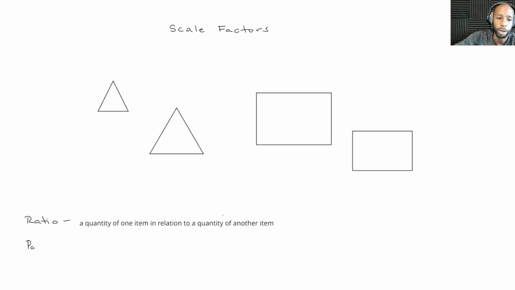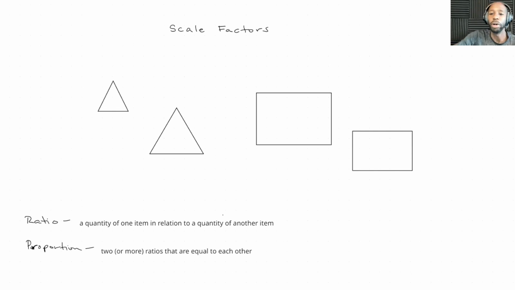proportion. A proportion is two, I'll say, or more ratios that are equal to each other. Okay. So, for example, what we mean by that is, like, if you would say